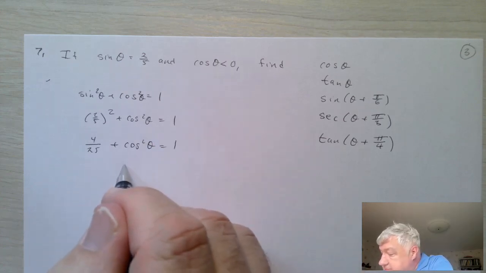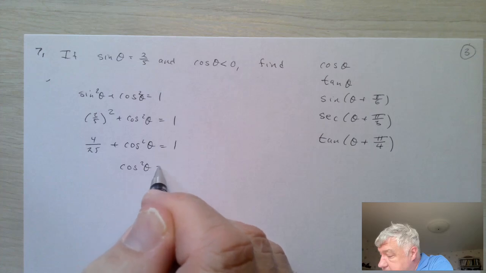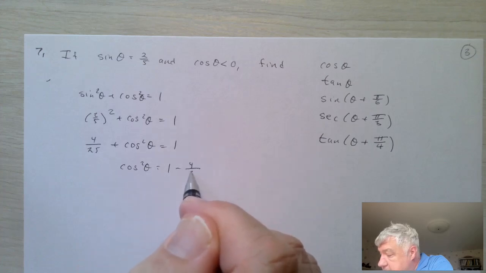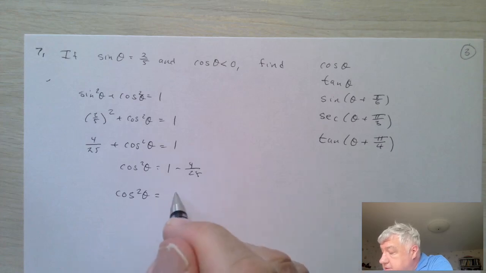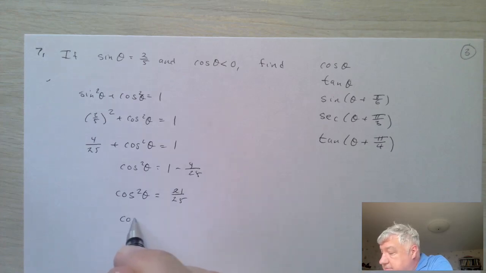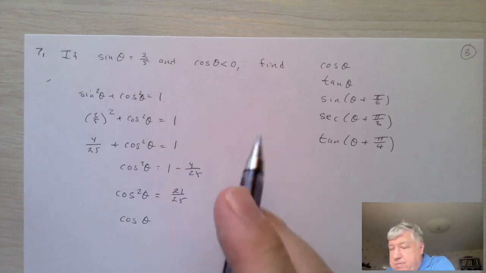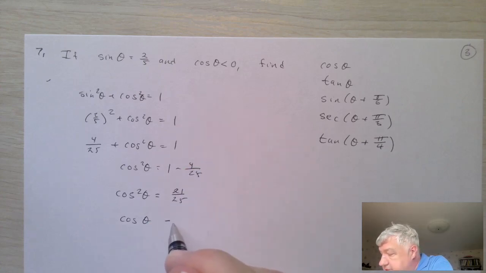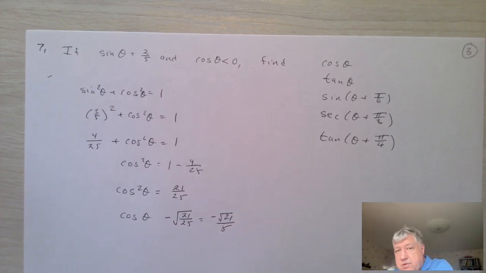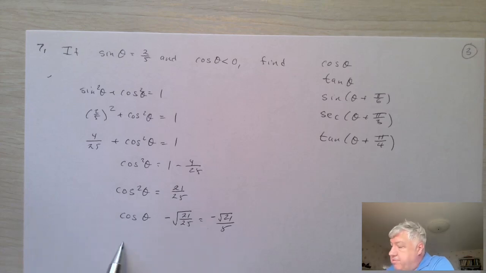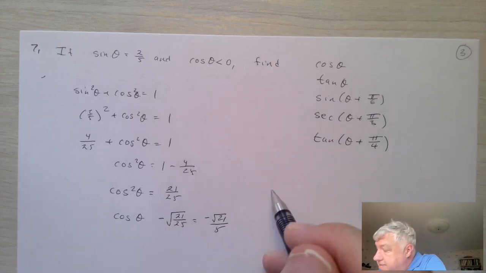Subtract. So cosine squared is 21/25. And because the cosine is negative, we take the negative square root. So it's going to be the square root of 21 over 25, or just negative square root of 21 over 5. Okay. And then as soon as we have the cosine, we can find that the tangent